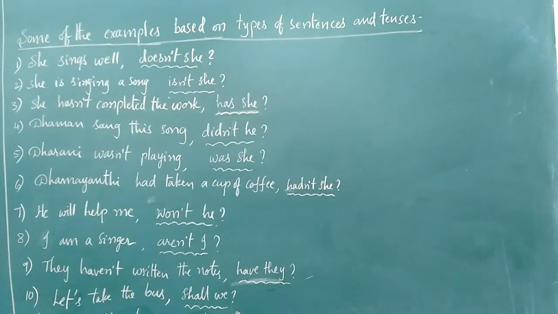Let's take the bus. See, once you observe this sentence, it is not a statement actually. It is an imperative sentence. When we use an imperative sentence, how we need to write these question tags is clearly given in these three examples. See, first one, let's take the bus. That means the question tag is always shall we. Open the door, won't you. Don't do this work, will you. See, these three are imperative sentences. Based on this also, we use these question tags.